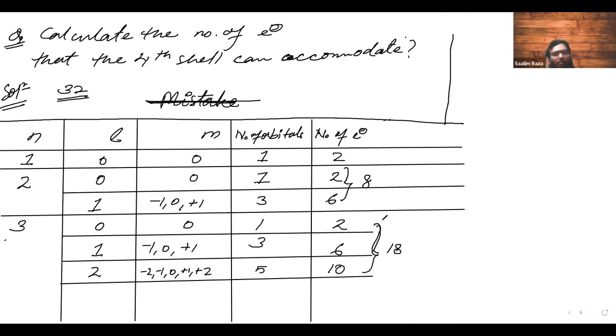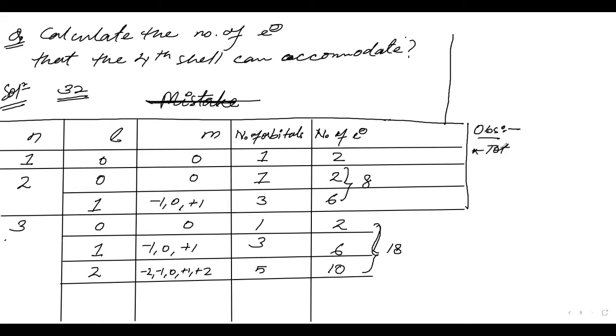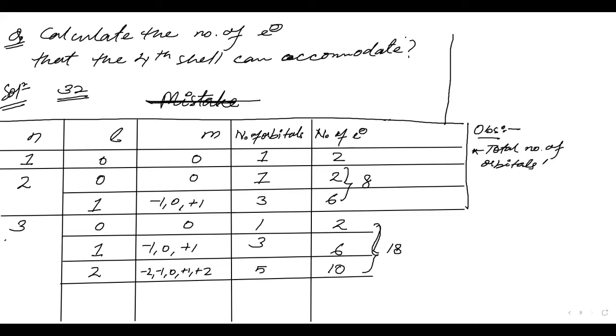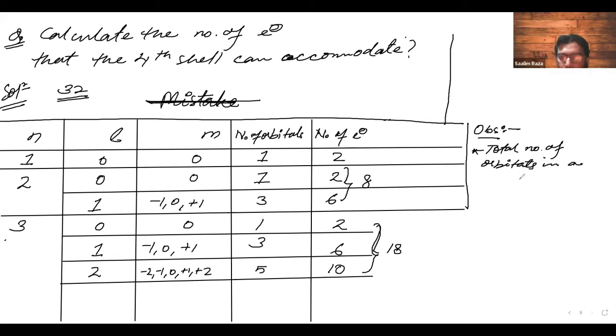Before noting this down, let us start with some observations. The first observation that I can see here is that if I say total number of orbitals in a shell is equal to